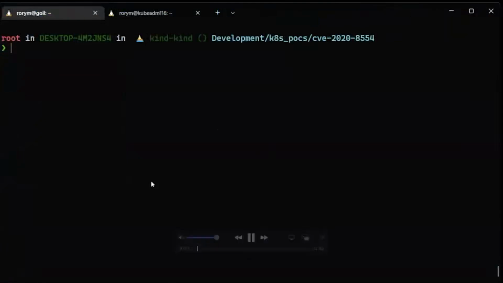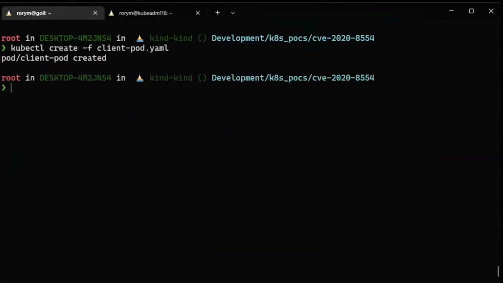So we can demonstrate CVE 2020-8554 in a standard cluster, as by default it is not mitigated unless you deploy additional admission controllers. Here we've got a Kubernetes cluster, just an empty cluster. And the first thing we're going to do is create a client pod. And this just spins up a pod for us. And then from inside that client pod, we're going to curl an address on the internet. In this case, the ICANN has IP service, and just see what it comes back with.